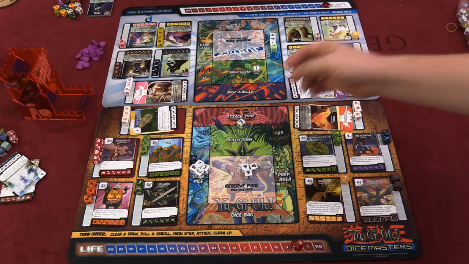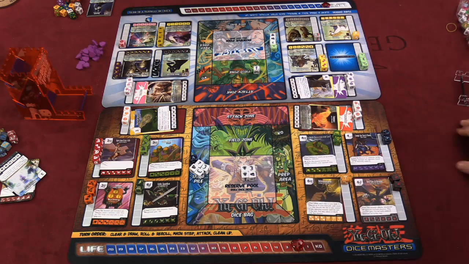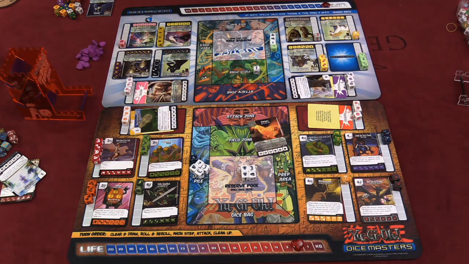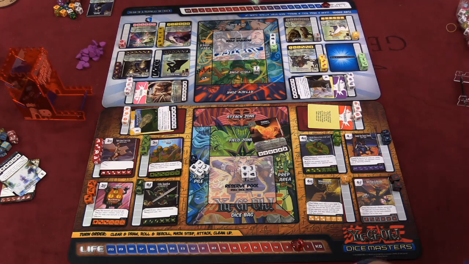I'm going to re-roll this one. I'm guessing we probably shouldn't tell our tactics to Mike Elliott. It's not a big deal. Mike Elliott and Eric Lang, if you guys are watching this, ignore all these tactics I'm talking about,